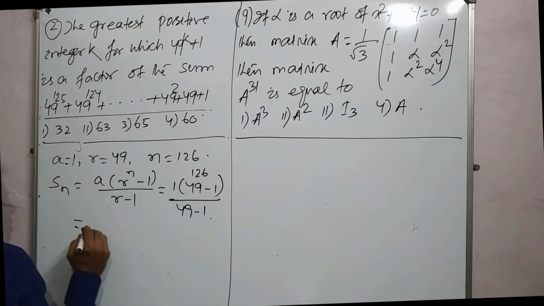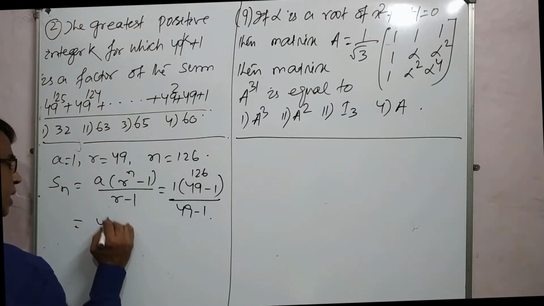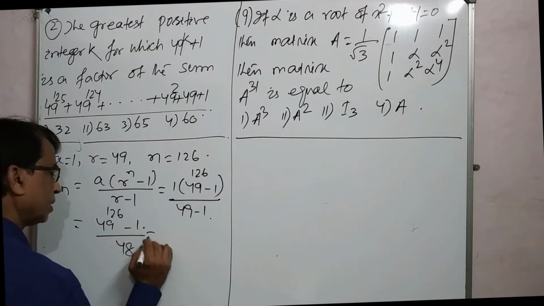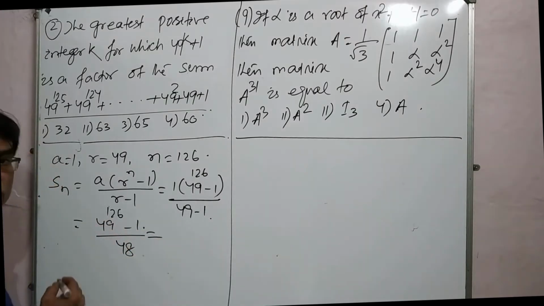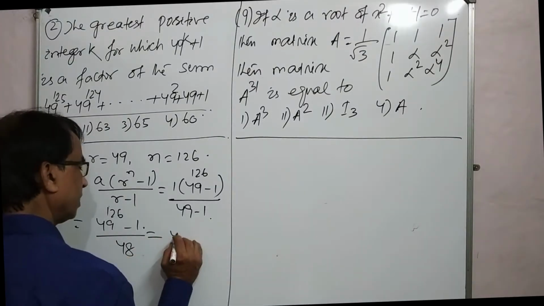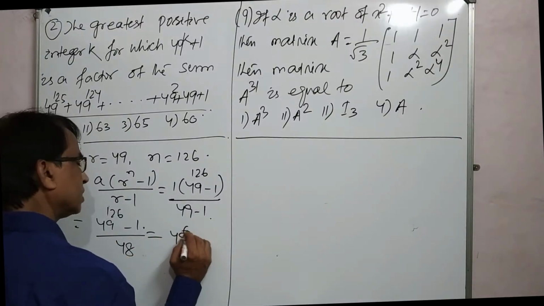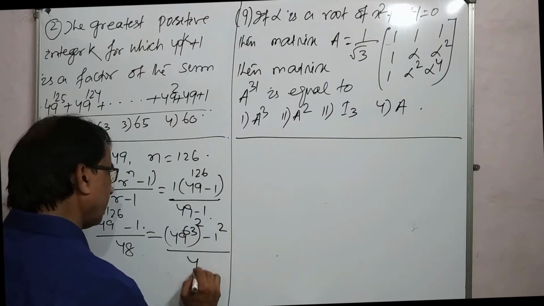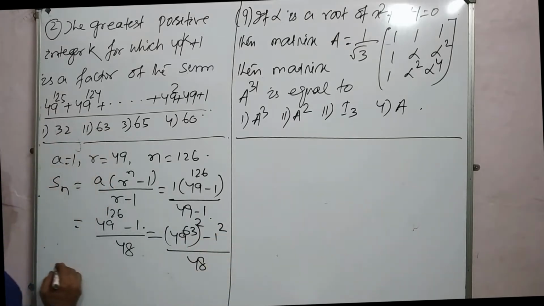On simplification it gives 49 to the power 126 minus 1 by 48, and if you carefully watch the numerator, it is 49 to the power 63 whole square minus 1 square by 48, a square minus b square. Again you go on